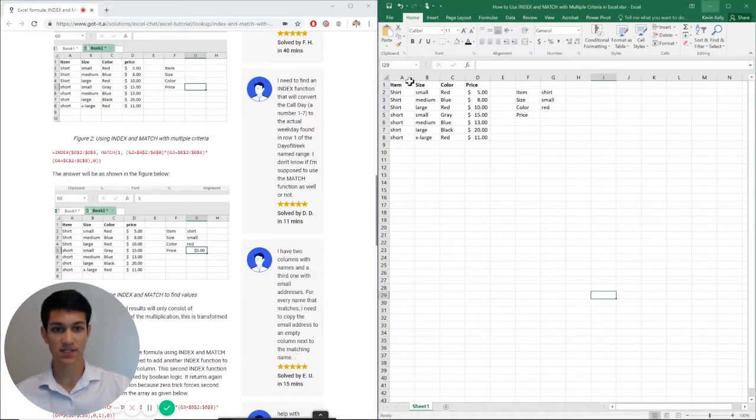So as you can see, I have a list of items between shirts and shorts, and then I have the size of each item, the color, and the price. And what we basically want to do is use index and match to find a shirt that is small and red and check what the price is. So I have the formula here in the Excel chat article, and you can just follow along or watch the